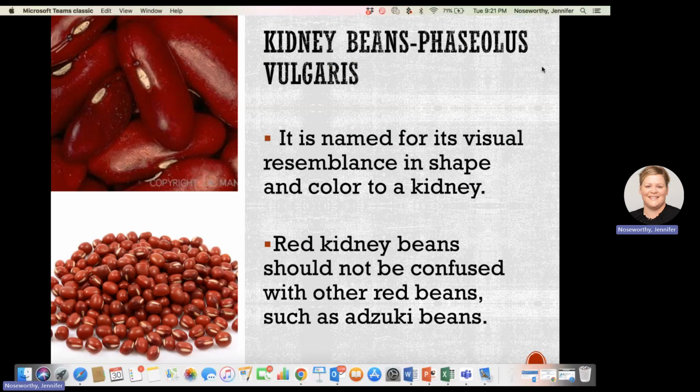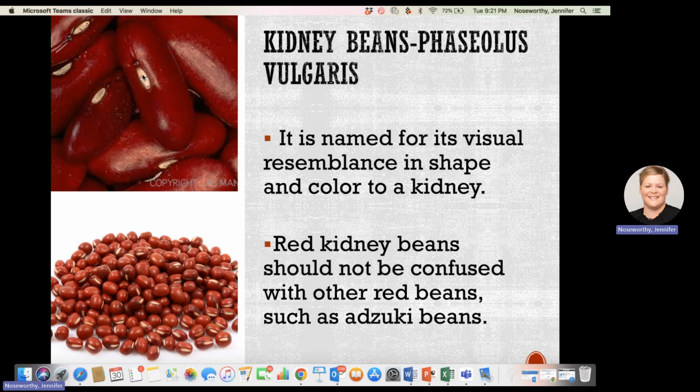If we look at certain genus and species, or genera, if you look at kidney beans, this is Phaseolus vulgaris. It gets its name because it looks kidney shaped. It can be confused with other beans like red or azuki, but the kidney is really very large compared to the red or azuki. It does have this little white spot right here. This is called the hilum. And you might have noticed even on the peas, like the black-eyed pea, they had a black spot. Here, it's a white spot.